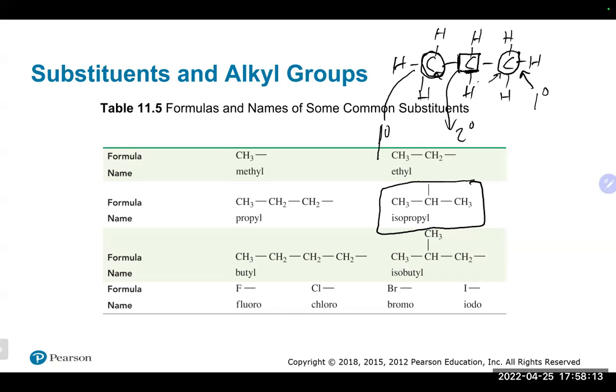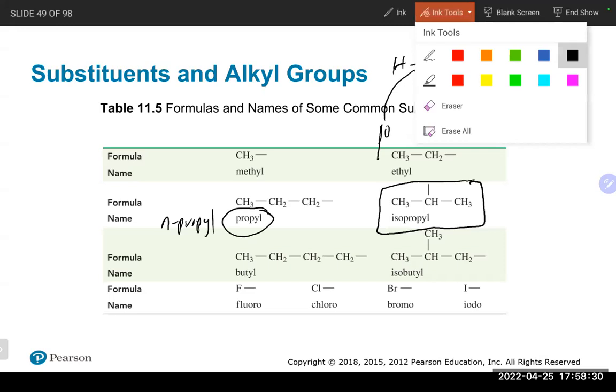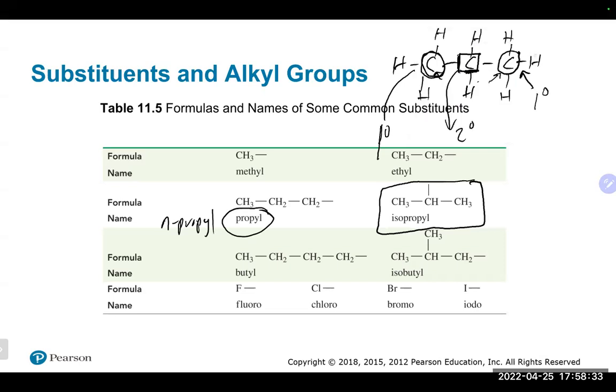So what happens is sometimes we get groups that, based on where the attachment to the main chain comes from, gives us some different names. This is a propyl group, and sometimes you'll see people call it an n-propyl, n for normal propyl. And basically that accounts from removing a hydrogen on a primary carbon. So the attachment comes at the primary carbon there, and that's like your normal propyl group. Could do it the guy on the right, that's the primary carbon, or the guy on the left, which is also the primary carbon, gives you that normal propyl type group.